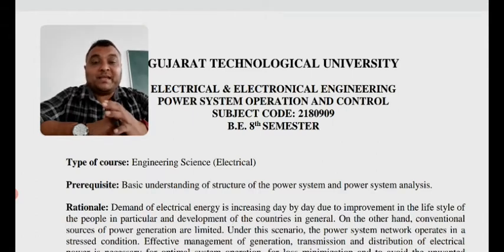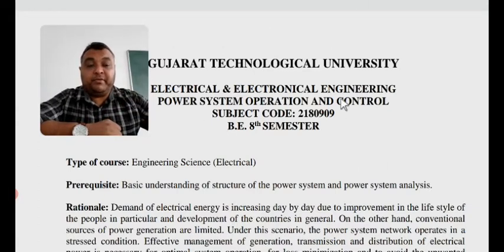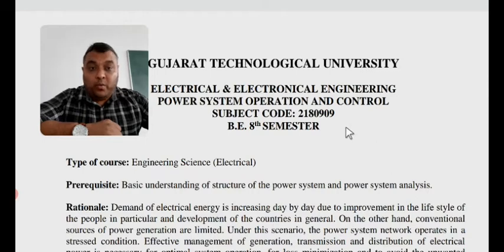So before starting the lecture and in-depth theory of this subject, I just want to introduce the syllabus which is designed by Gujarat Technological University for this subject. I will just give you a brief introduction about the syllabus, what are the theories that you are going to learn in this subject, and how the lecture sessions will go on one by one. Okay, the subject code that is given over here that you can see is